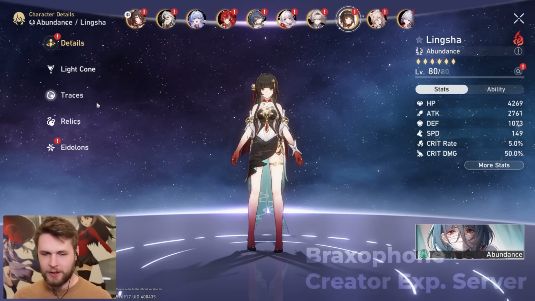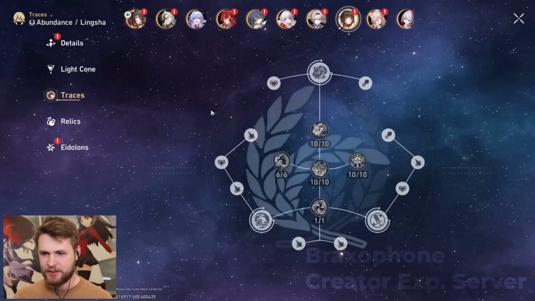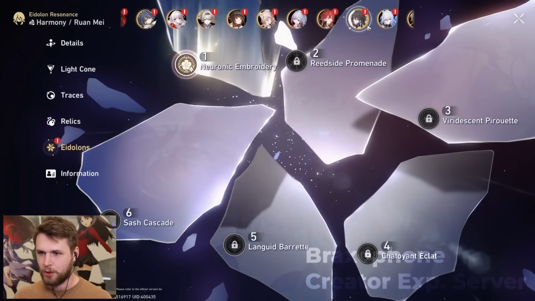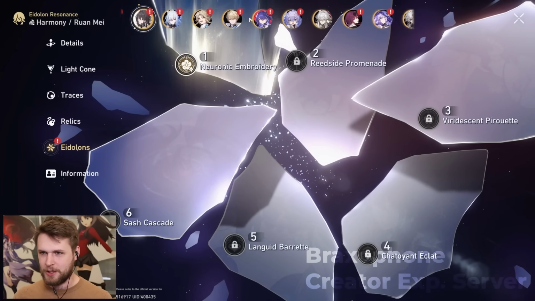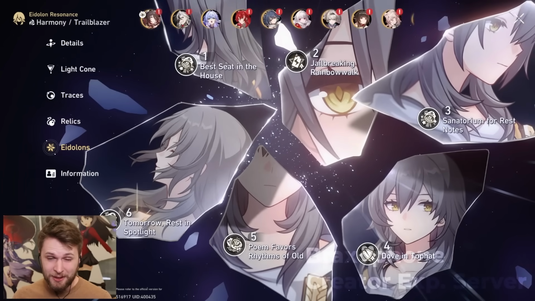And for further proof, just so you guys know, this is Iron Cavalry, Forge of Kalpagni Lantern, Traces, E0. All of these characters are E0 actually. Our Ruan Mei was E0 as well. Harmony Trailblazer was E6, but that's free, so I don't think anyone's gonna complain about that. That wouldn't make sense to me. But anyways,